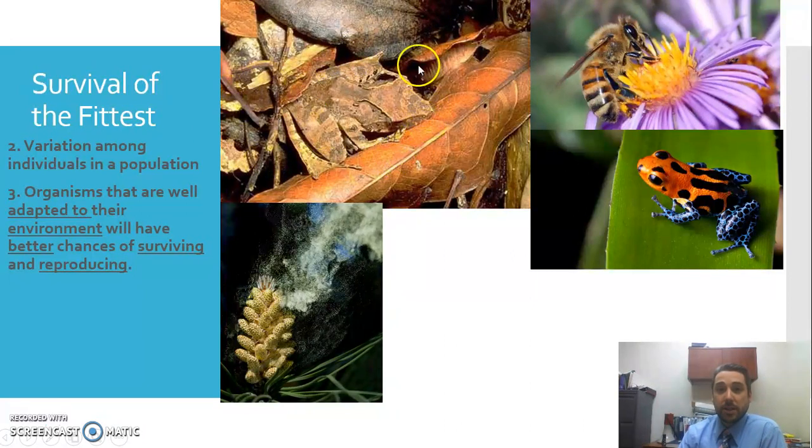Or adaptations that help you survive in your environment. Like in this environment, clearly we have a frog here, if you can see him, that has this pattern and shape that helps it blend in and use camouflage. So this organism had an adaptation to help it survive, which makes it more fit for the environment, because now we have a population of frogs that look just like this so that it can reproduce.